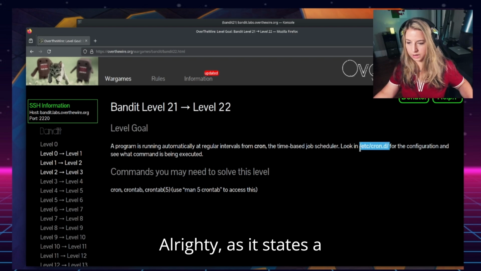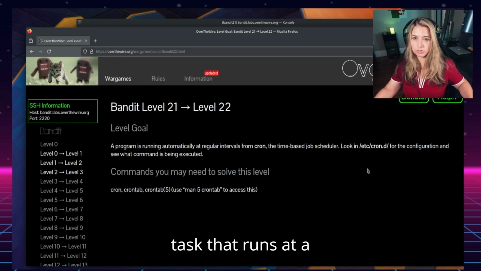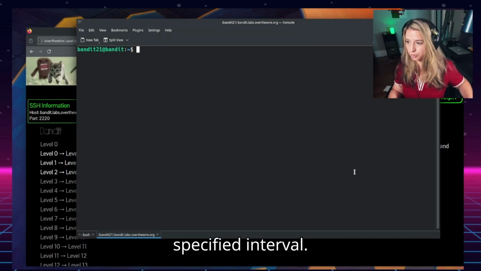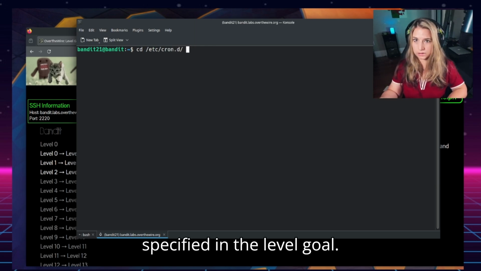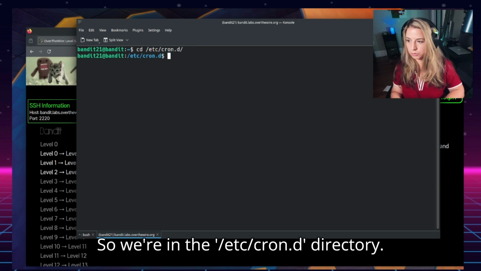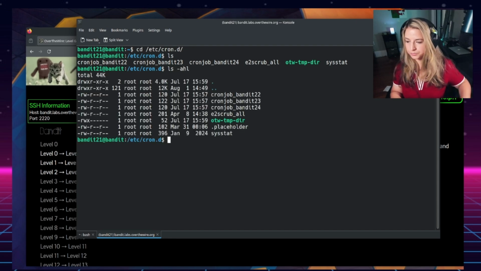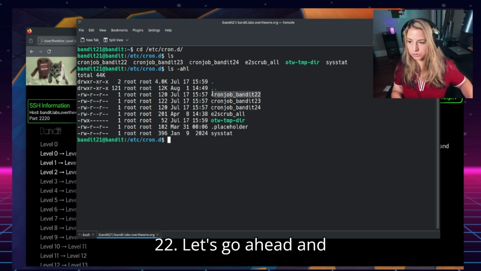Alrighty, so as it states, a cron job is a scheduled task that runs at a specified interval. Let's cd to the directory specified in the level goal. So we're in the /etc/cron.d directory, list the contents. Alright, there's the cron job Bandit22.